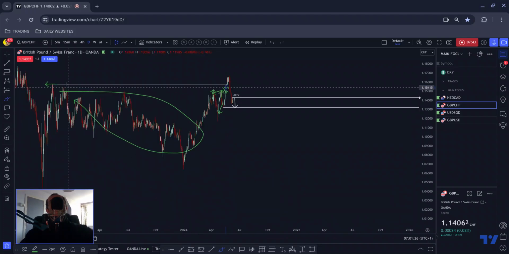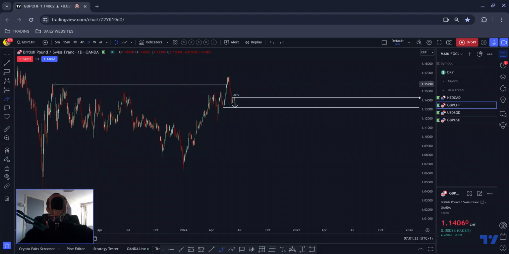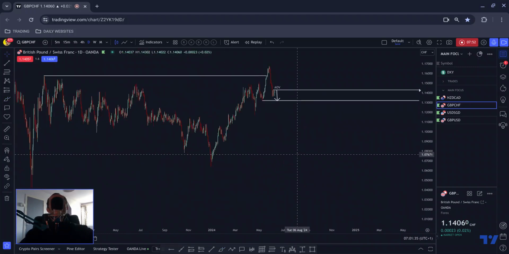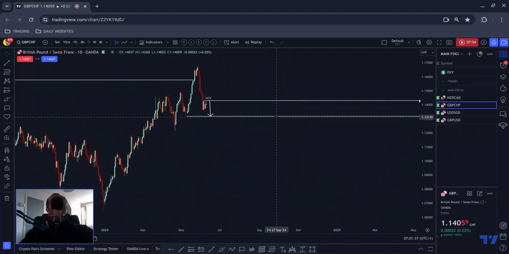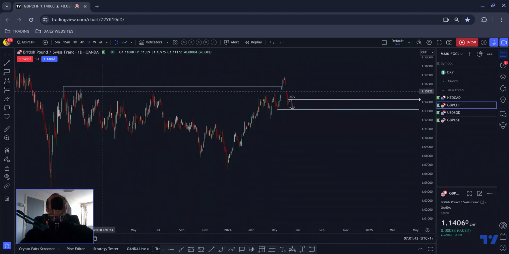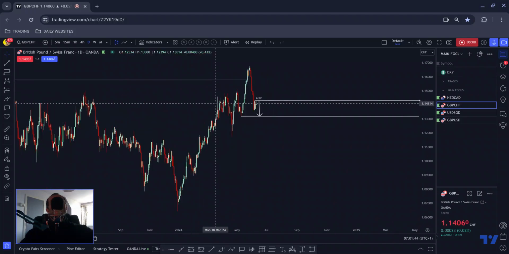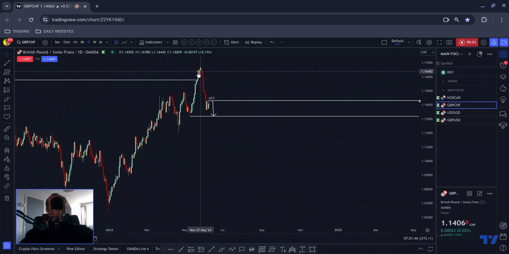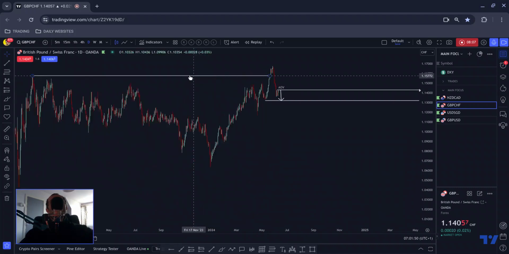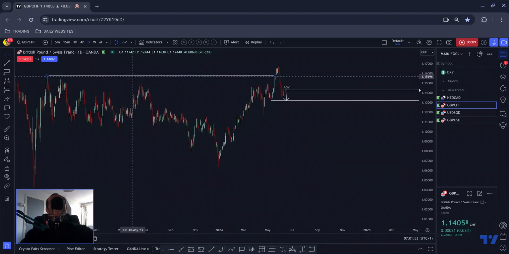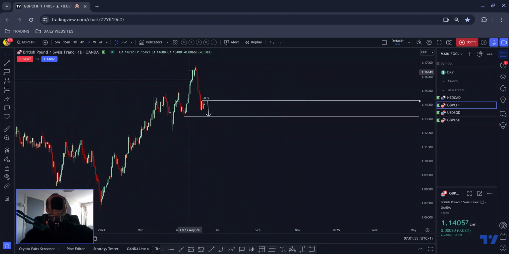Many of them would have been too zoomed in, not realizing that they're trading into a high, into the origin of the move, because many people are too zoomed in and they're camped out on the lower time frames. We then break above. Many people think that this now becomes support because we've broken above. They start buying. Okay. Many people may have seen this as a retest, although perhaps not, because it didn't actually come down to this area. But people have clearly started buying here, and then bosh, they get completely washed out.